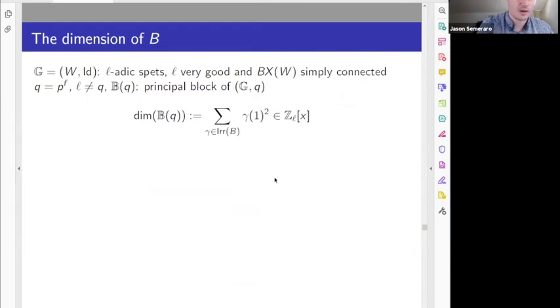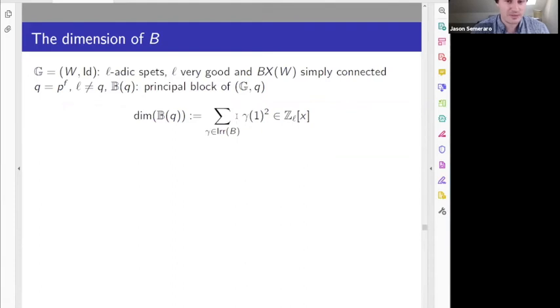But a different direction one can go in is to hone in on the actual character degrees themselves produced by this definition, and see if we can check various arithmetic properties of them. So one natural arithmetic number one might want to consider is the dimension of this principal block. Right? What is its dimension? Well, how do you define the dimension of the principal block? It is just given by summing the squares of the degrees of the characters in it,